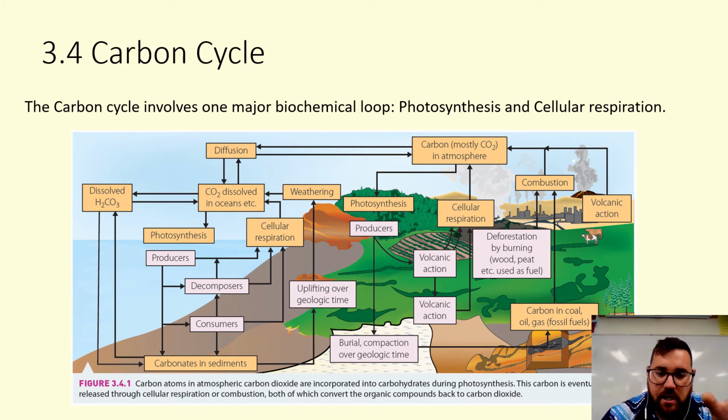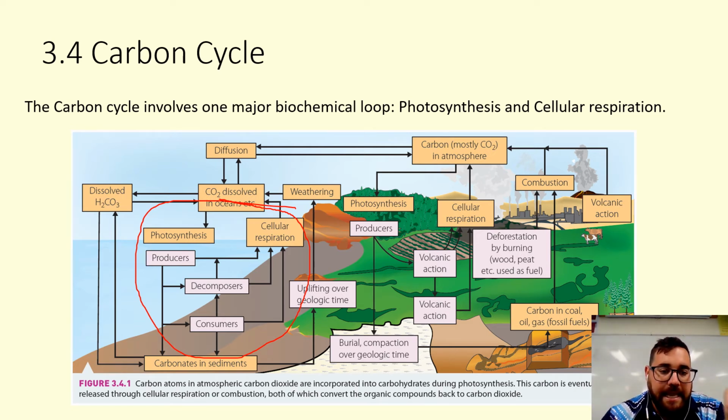This isn't earth science, this is biology. So you can see that between photosynthesis and respiration, we have a loop. Photosynthesis, producers make that energy. Decomposers, consumers all use it up through cellular respiration. So this biochemical loop here is what we're interested in terms of our ecosystems, because